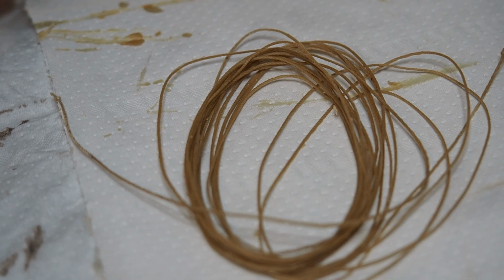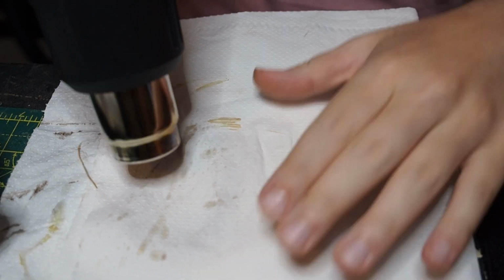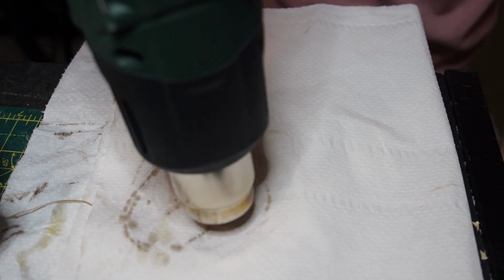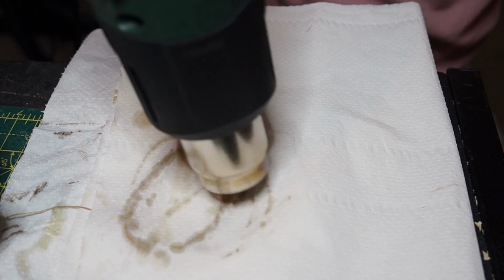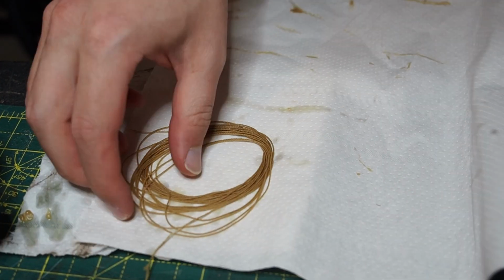Here basically I'm using a heating gun. I put the ropes between two pieces of paper and then I heat it up with the gun. It's a far more efficient way because it's way easier to remove the excess of wax compared to the other method,